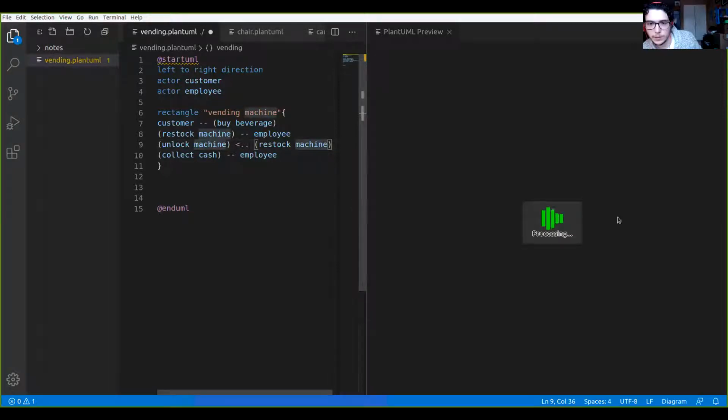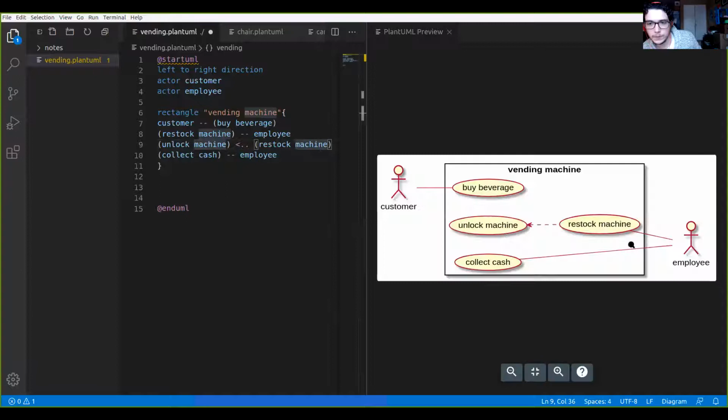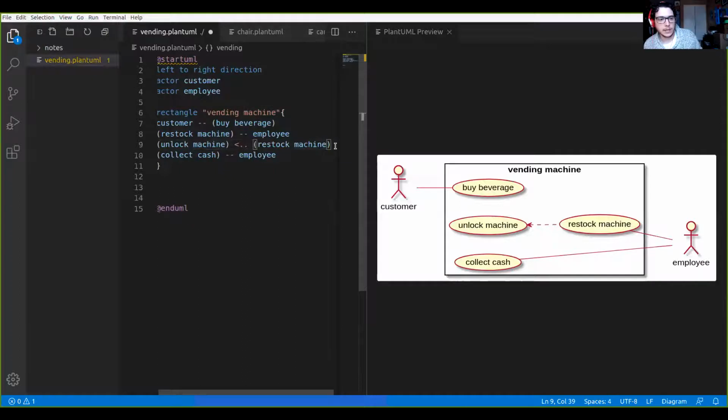Alt D to re-render. Okay, cool. So what we have here, this arrow that is dashing over to where it says unlock machine, that is a relationship. Now there are really 3 different relationships that we can have in use cases. I'm just going to go over those with you really quick. So the different relationships within use cases,